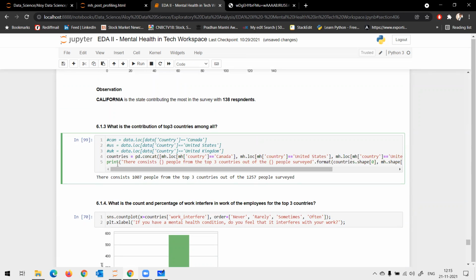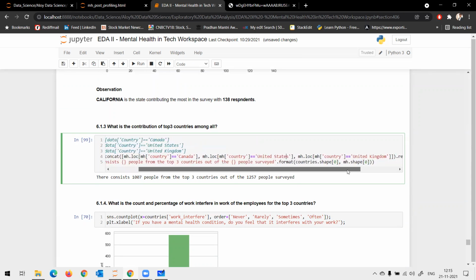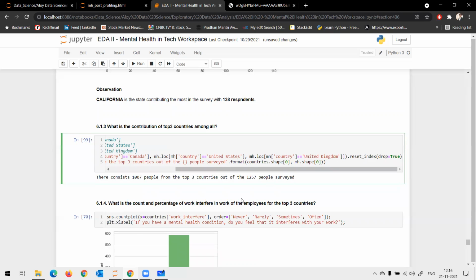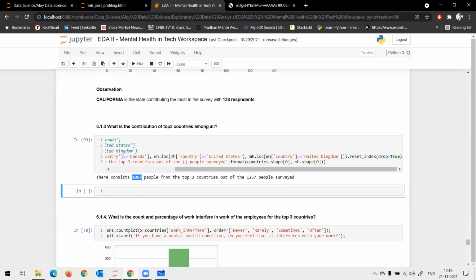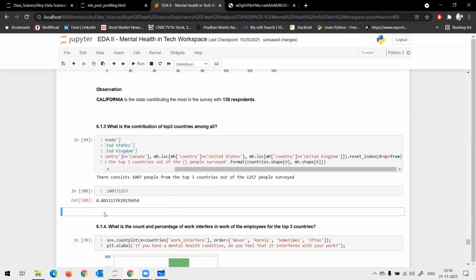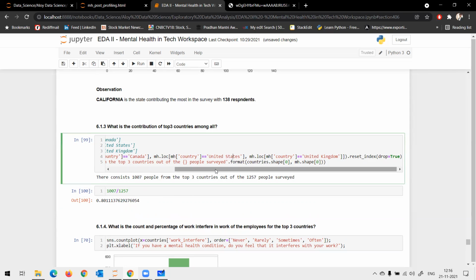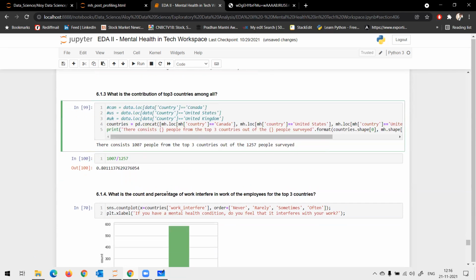Once that is done, I see the distribution and understand that first world countries have around 80% of the entries. This is the total length of my data set. First world countries have 80% of my entries.